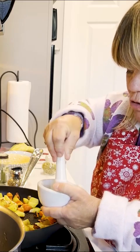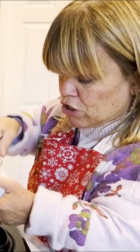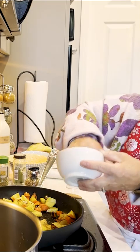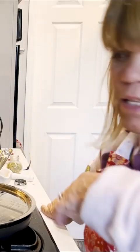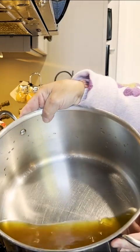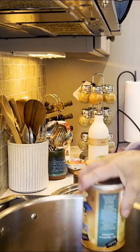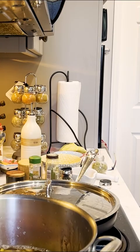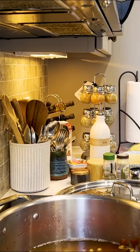So I have dried rosemary here, but I want to crush it a little bit. Then I'll do the onions, green pepper, and mushroom, and celery. As the potatoes and the carrots finish up cooking, I've got 1 carton of vegetable broth in here. And we're gonna go ahead and add in the can of cannellini beans, 1 can of corn, the 28-ounce can of crushed tomatoes. We'll give this a little stir